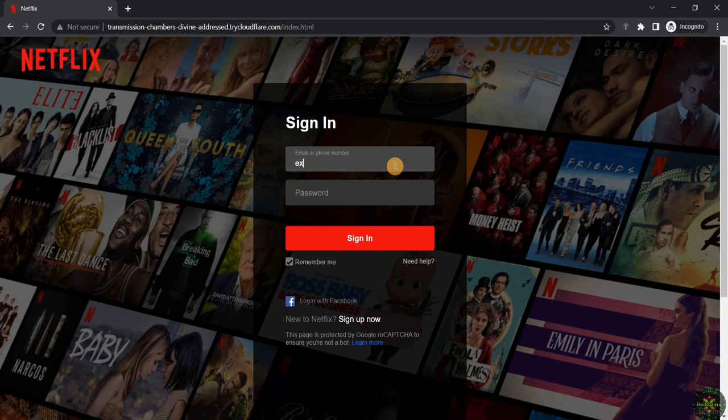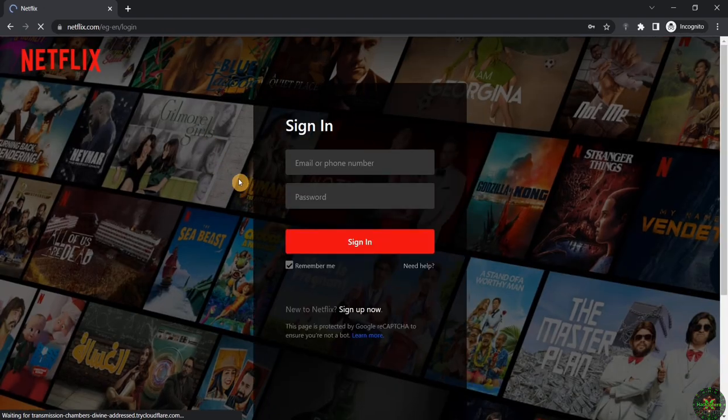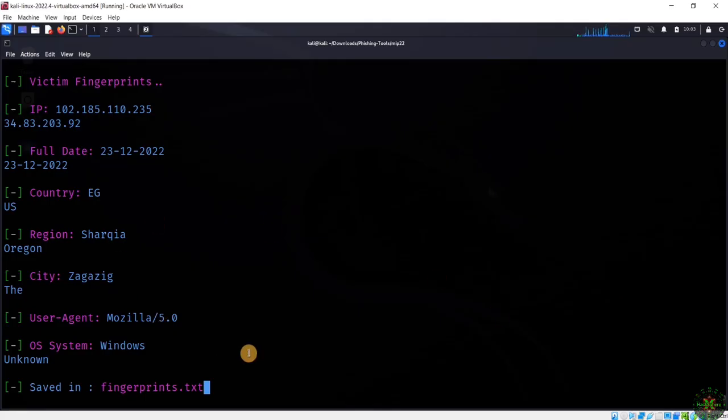So for example, let's try to log in and enter any fake credentials for now, and click sign in. So we'll be navigated to the original Netflix login page, and of course, if the user is already logged in, it will be redirected to his account without any suspicion at all. But if we come back right here, you will see we have collected all of this information, as you can see,